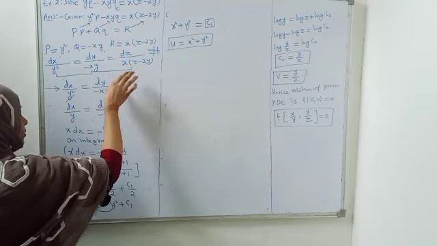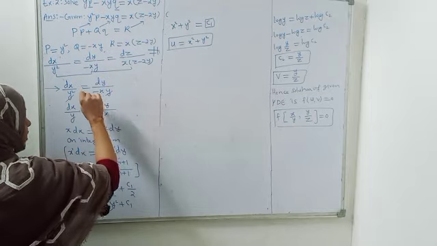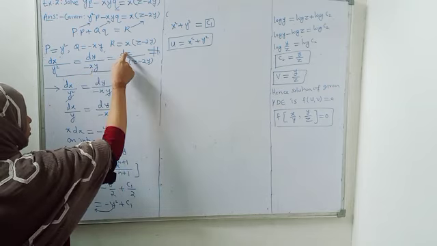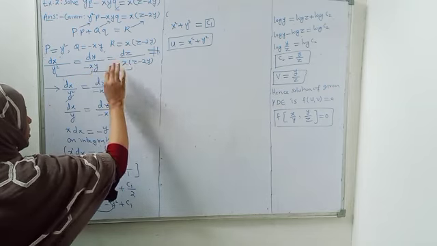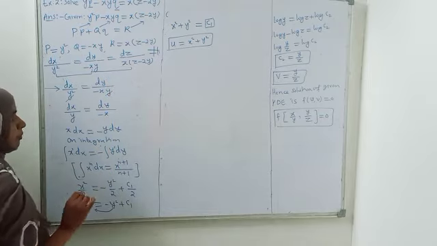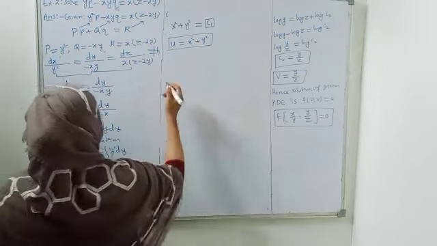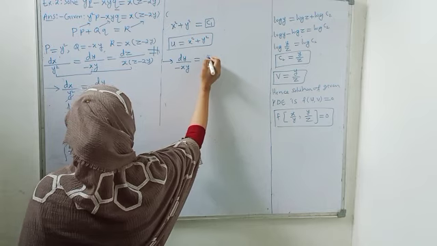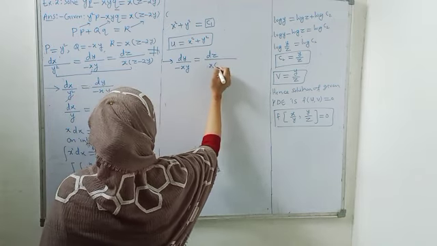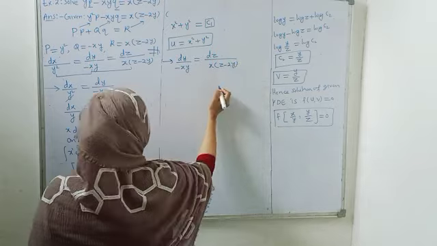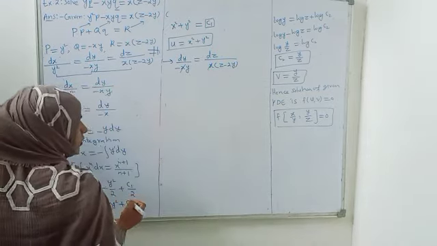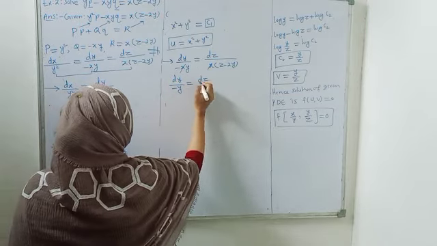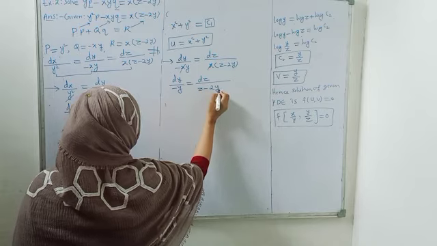If I consider yz, there is an x term present, but for the solution purpose, x will be cancelled. Then I get dy by y is equal to dz upon z minus 2y, meaning y and z variables. So for the purpose of the solution we can easily take these two ratios. dy upon minus xy is equal to dz upon xz minus 2y. x cancels. So dy upon minus y is equal to dz upon z minus 2y.